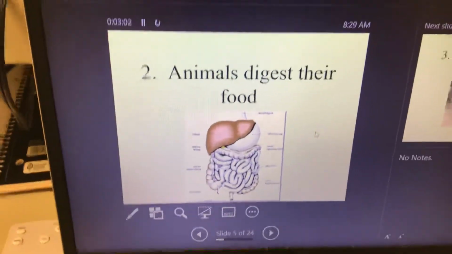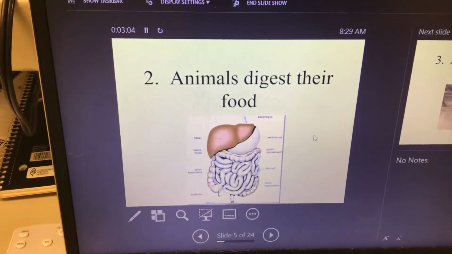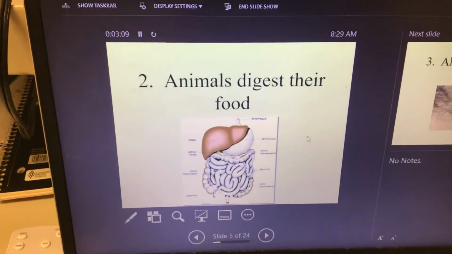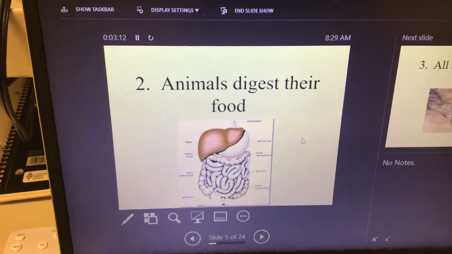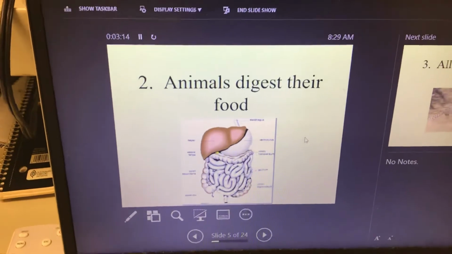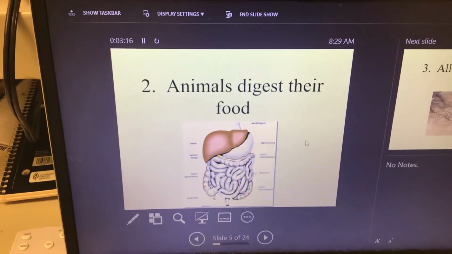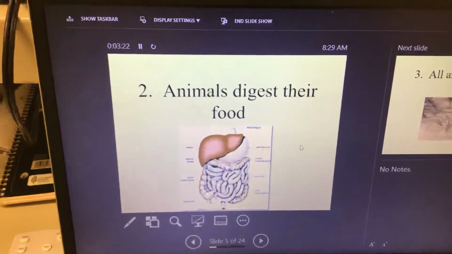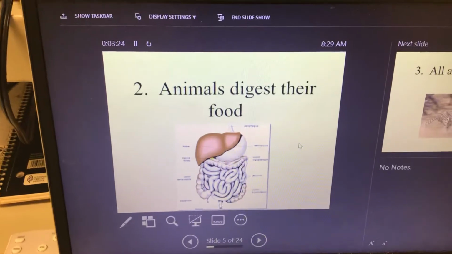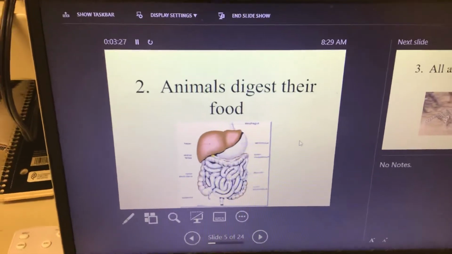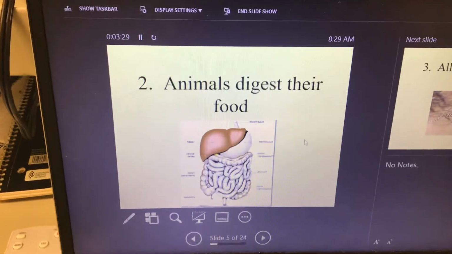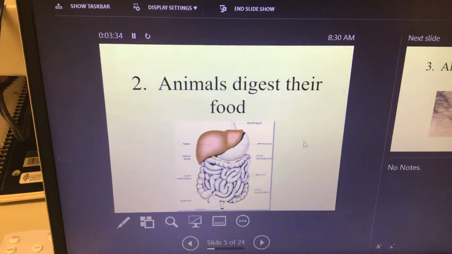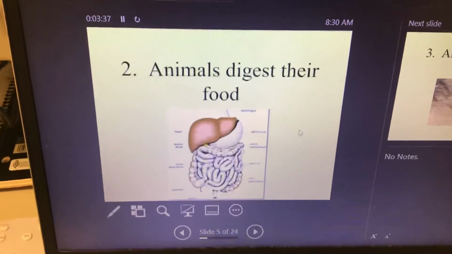Number 2, animals digest their food. The food that you eat is not in the form that your body can use it. So if you have pizza for lunch, you can't just place that on your arm skin and your skin says, "Oh, thank you for the pizza." No, you need to digest it. You need to break it down. There's parts of that food that is a waste that you cannot use, that you will go to the bathroom and get rid of. Other parts, your body needs to break it down into the simple compounds, the simple sugars that it is before it can take it to your cells. So we have to digest food.